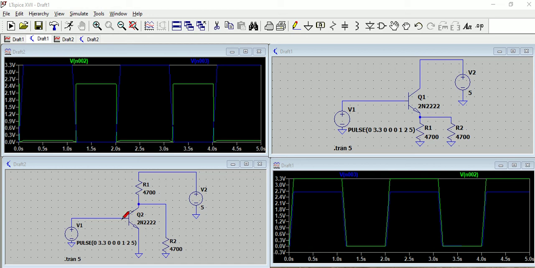As this is an NPN transistor, when you give high, this transistor will be on. So at that point the output will be low. If you can see the scenario here, the blue waveform you see here is the 3.3 volt, and when 3.3 volt is high, the output is 0, because when 3.3 volt is provided to the base, this particular transistor is on, and then you have a ground at this point. When this pulse is 0, providing 0 input to the base, this transistor is off, and then the